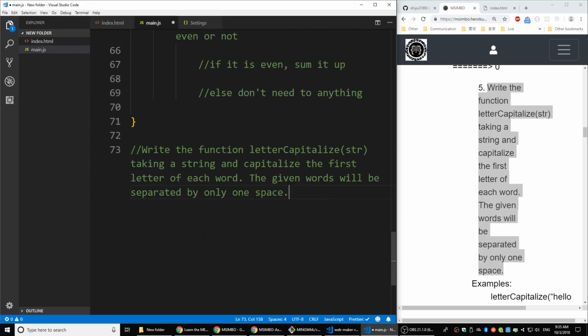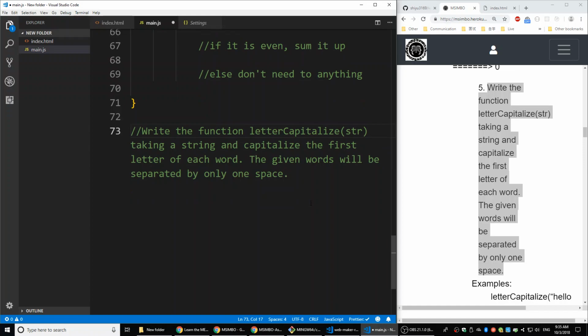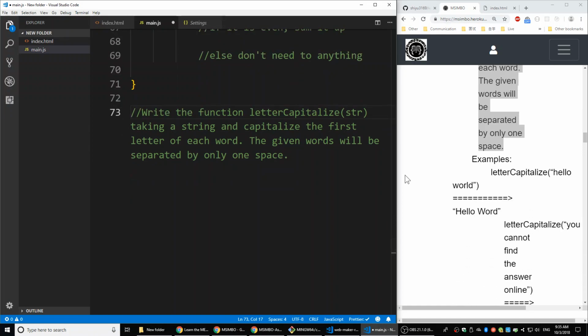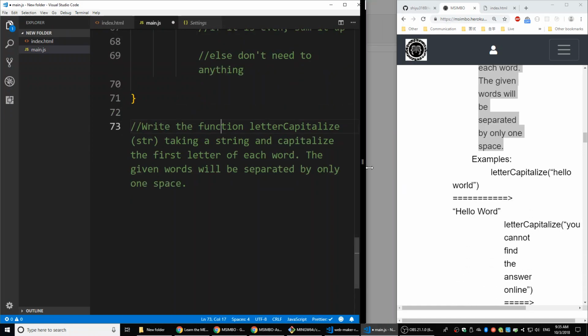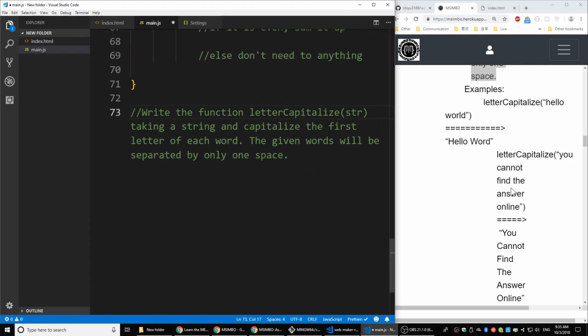Next question. Write a function letter capitalize. It takes a string and it capitalizes the first letter of each word. The given words will be separated by only one space. So what does that mean? We have some examples here. So if I call